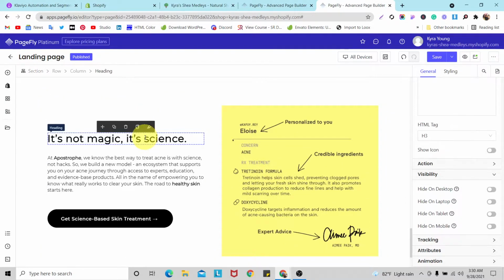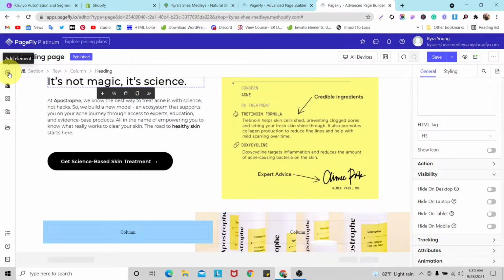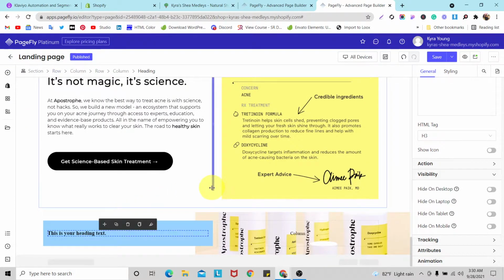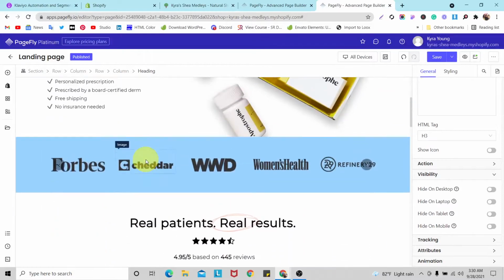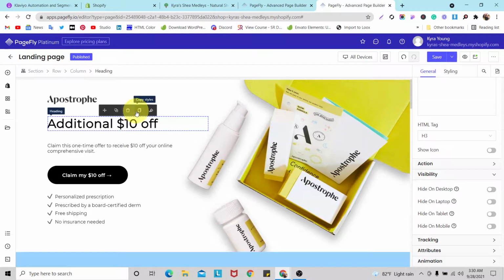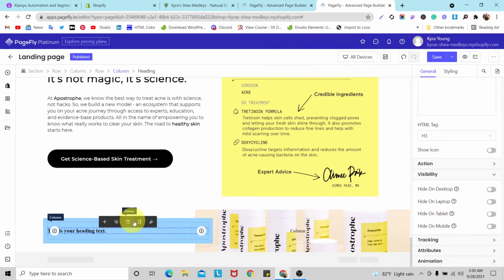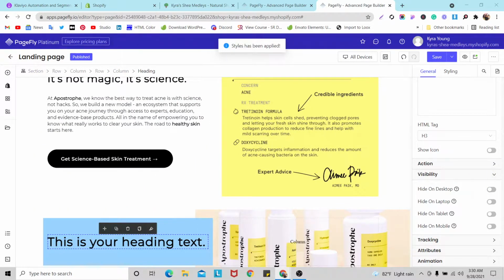So let's add a heading and put it here, and go at top and copy and paste it here. Okay,